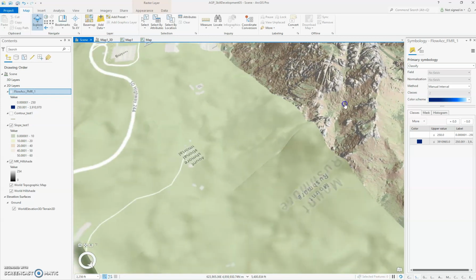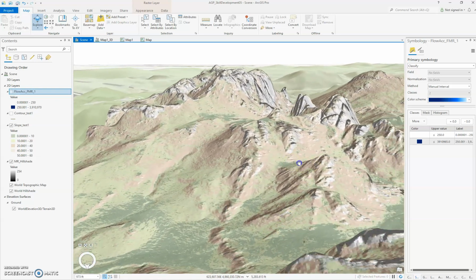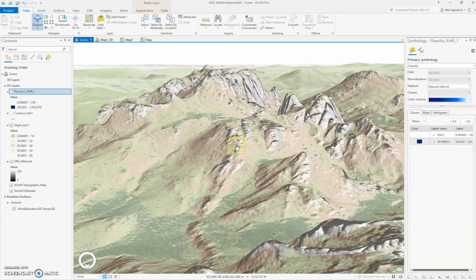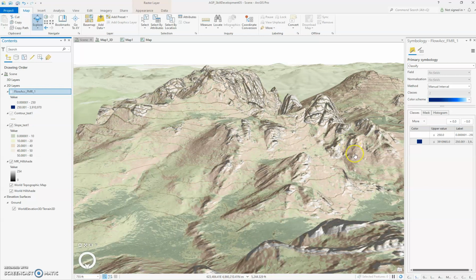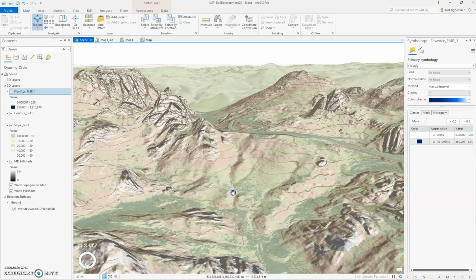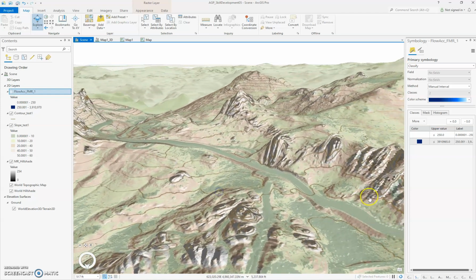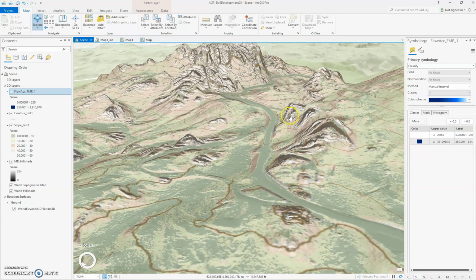Right, and so you can see that I can now have control to kind of zoom in and around this landscape and really get a good sense for what I'm looking at here. In addition to that, if I want to go ahead and turn my contour information on, right, we just produced those contours. It's going to take a second for these to populate. But if I want to go ahead and flip that on, you can actually see that it has some struggles in some of the extreme topography, but for the vast majority of the landscape, even over here on the roads, you're going to get a very, very accurate representation of what's occurring in terms